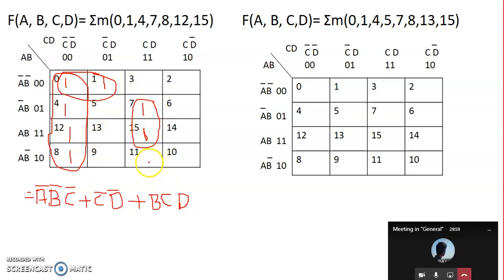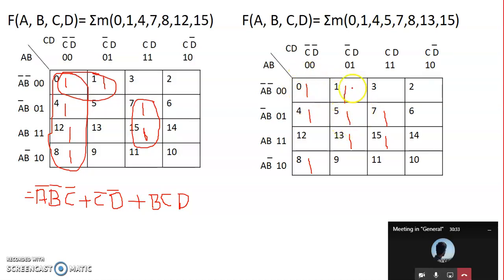I hope most of you can do this easily. Now we'll move on to the second problem. 0, 1, 4, 5 and all. So write the entries in these locations: 0, 1, 4, 5, 7, 8, 13 and 15. Now you need to check with only option. When I check for this one, we also need to check with the maximum number of ones also. So I can make this a pair, as 2 ones.